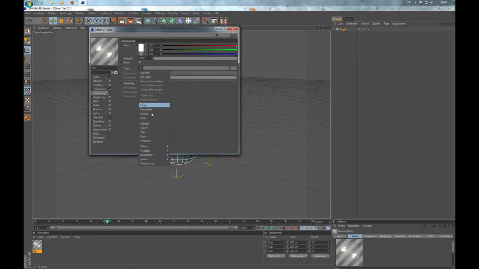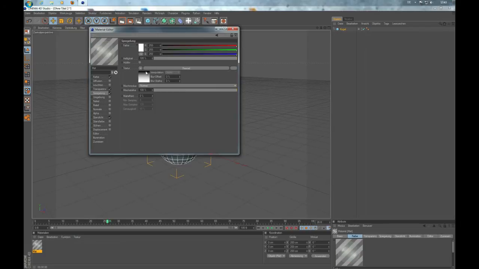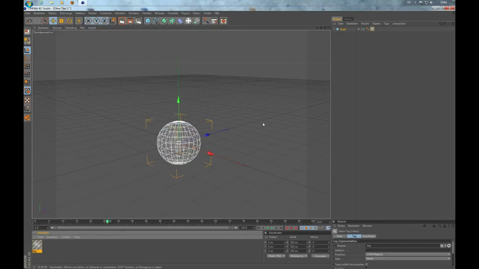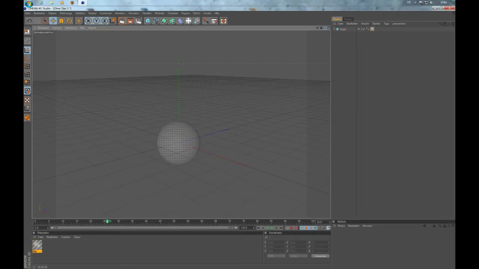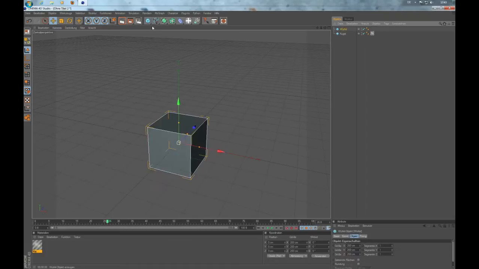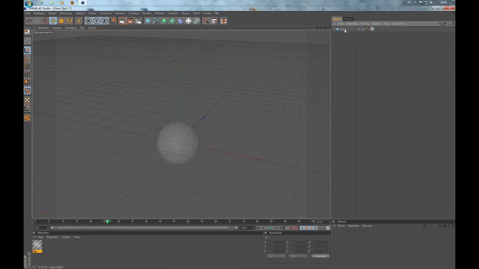And we take a Fresnel here, and yeah, maybe 50% and 20, a little bit more. Yeah, however, we can fix this later. So right now we have our transparency sphere, and inside of this sphere we want to have, not this one,